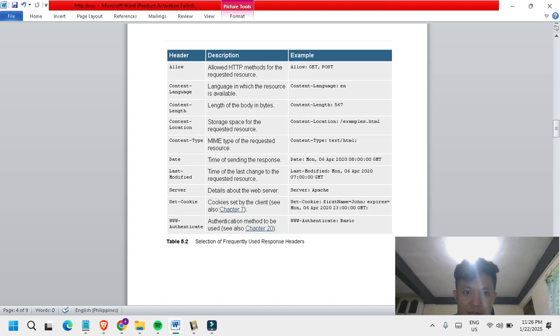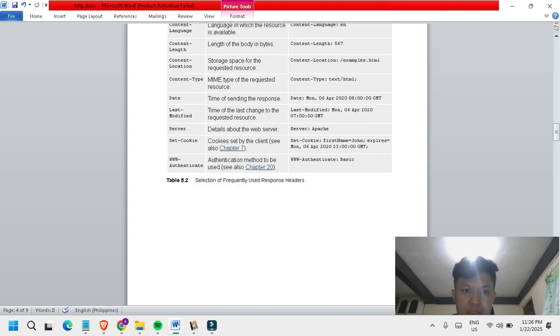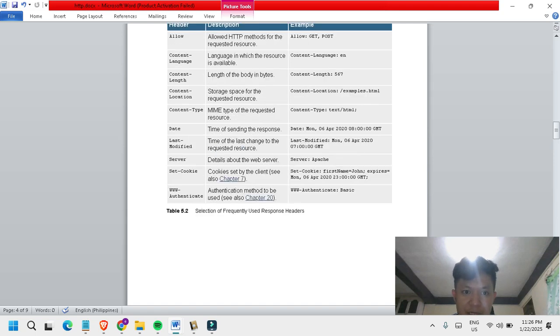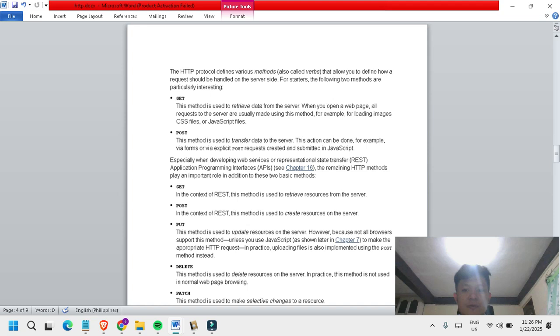It's just the most useful. So Allow, Content-Length, storage space, Location, Content-Type, MIME type, we'll discuss that later. The most important thing here is to understand that we can see those requests in a developer tool, and we can see the description of our request to the server to troubleshoot in case something happens or some error occurs when developing an application.